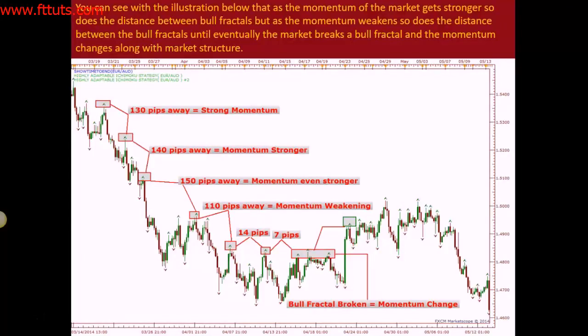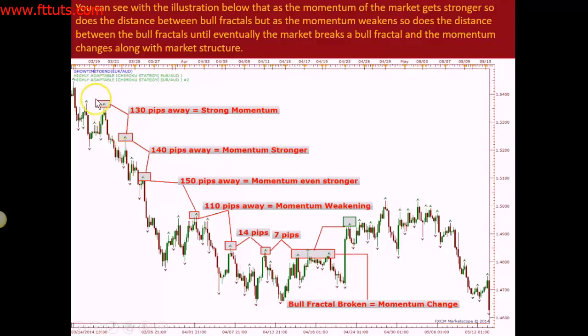So basically you can see with the illustration below that as the momentum of the market gets stronger, so does the distance between the bull fractals. But as the momentum weakens, so does the distance between the bull fractals until eventually the market breaks a bull fractal and the momentum changes along with the market structure. As you can see, these fractal breaks here,